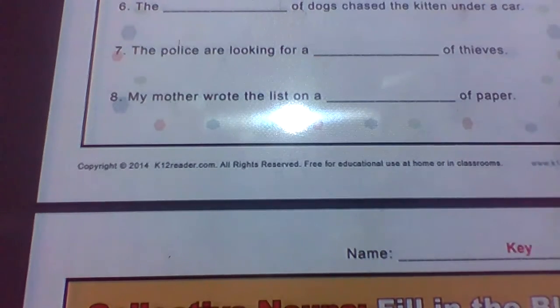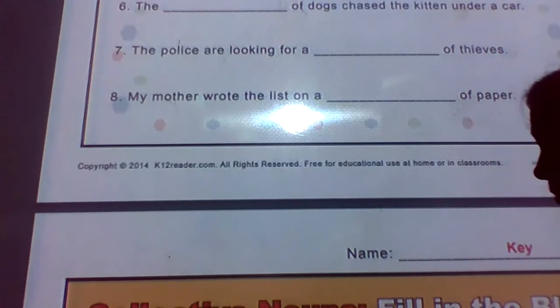These are words that are not always easy to figure out, but these collective nouns are basically just words that describe different groups. Okay? You're going to see multiple worksheets that are coming with these. Some of them are going to be fill in like this one. Some of them are going to be your choice.